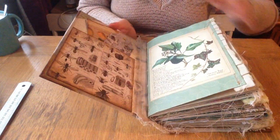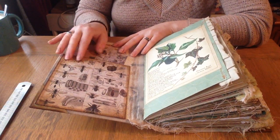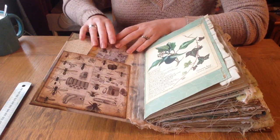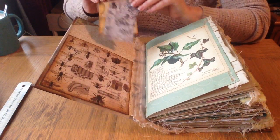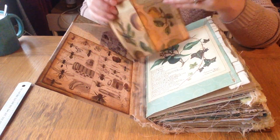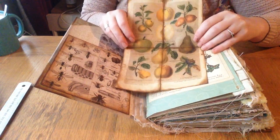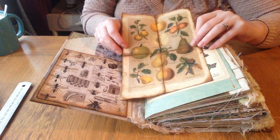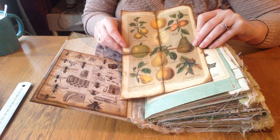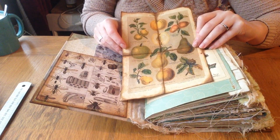The first page is this Tim Holtz pocket, because we all love him, and in that pocket is a tag and a page from an old Brockhaus lexicon. It's a German lexicon book. This is a copy of one of the lithographs. I haven't used the originals because they are over 100 years old. I think it's from 1898, and